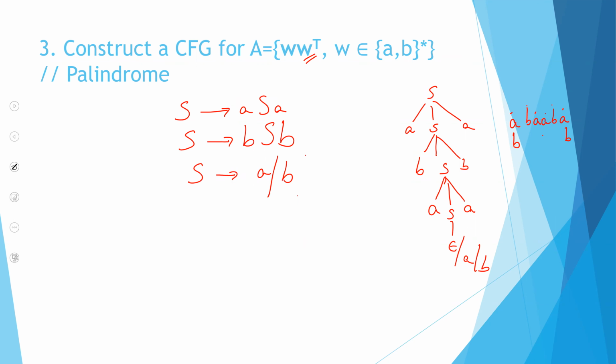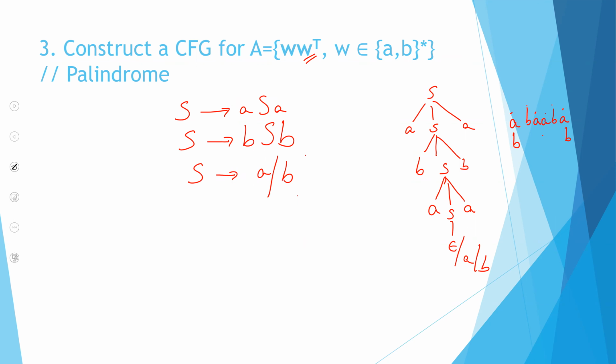Now, palindrome, you can go for many variations, like even length palindrome. Even length palindrome means if you have AB, you should be having just BA. This is odd length. Odd length palindrome means... This is an even length palindrome, and this is an odd length palindrome.